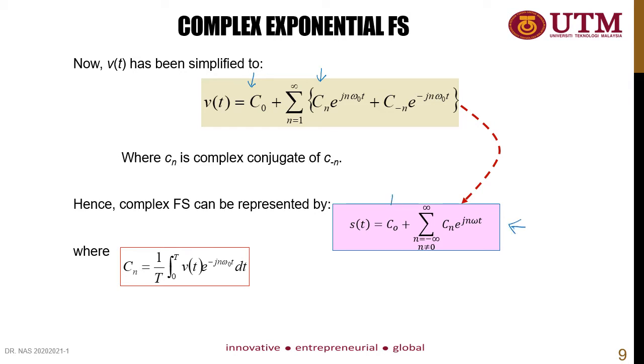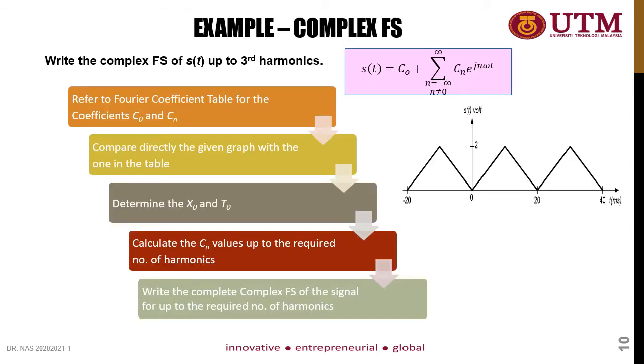Okay, C0 is the constant or DC value, and Cn is the coefficient of your Fourier series. Okay, so this is the step to derive or to write down the complex exponential Fourier series for the given